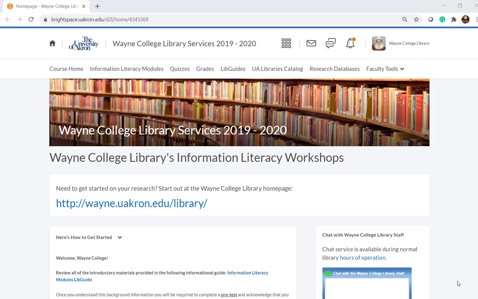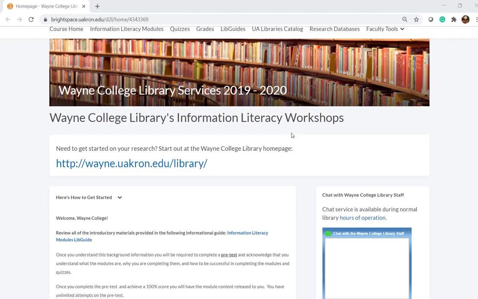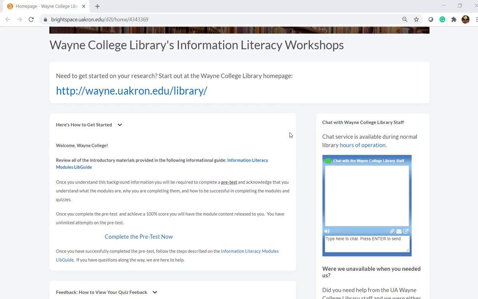So the library's Brightspace classroom is slightly different than some of your other instructors' classrooms. We have modified the links across the top here. So your navigation bar may call things something different than you've seen in other classes, but everything you need is across the top here. But before we go into that, there is some background information here on the main page